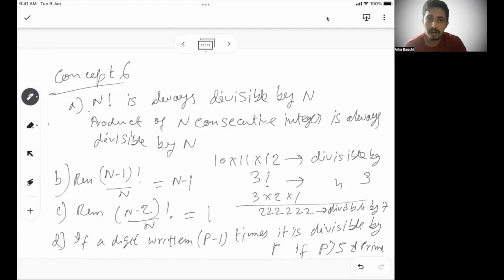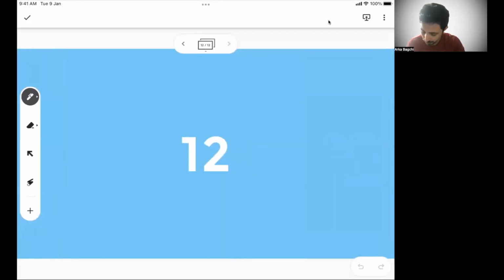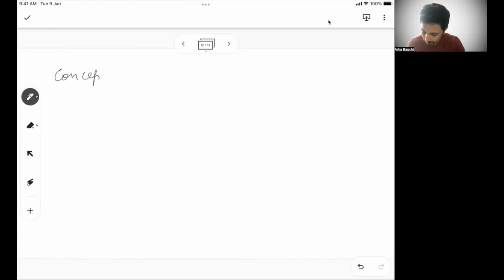On the last part, before we wrap up the remainder theorem, is the last part of concept 7. So we know there is a huge set of concepts that you need to learn for remainder theorem, but this is a very important piece of your number system. So that's why we keep it at the end. When you understand all the basics of number system, we'll do this remainder theorem. So this is the last concept for remainder theorem, and then we can wrap up.